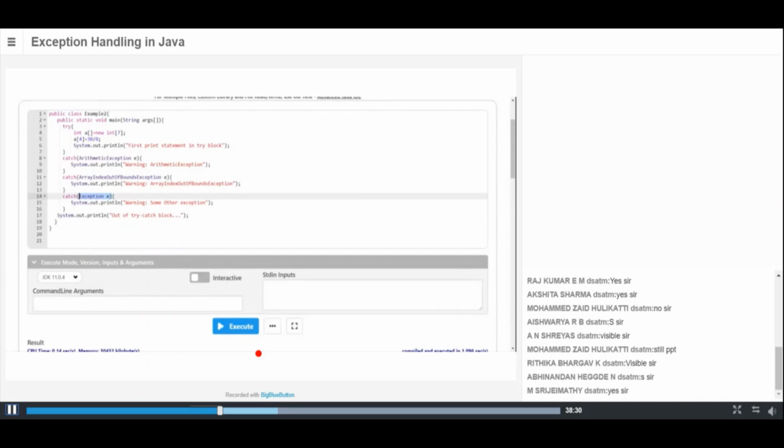Exception is nothing but generic. If the try block has an exception and it doesn't find any valid catch to handle that type of exception, then the generic catch, exception e, will handle all types of exceptions mentioned in runtime exception.